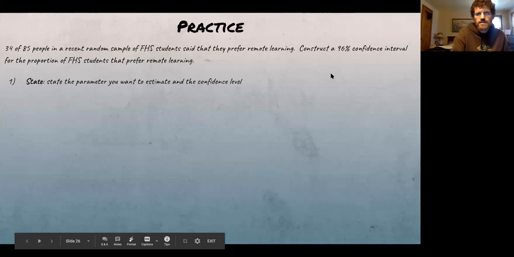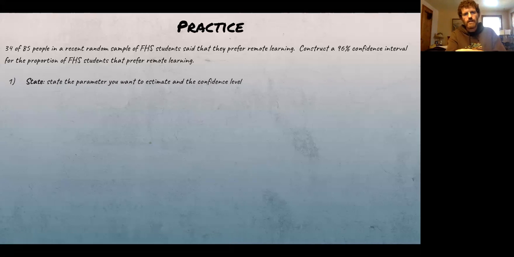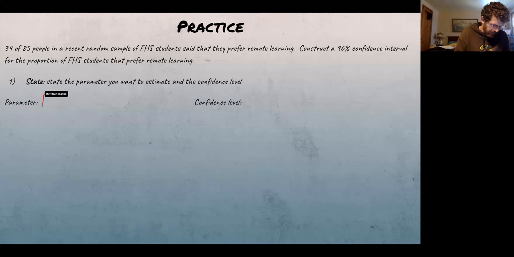All right, and here's kind of the process to answer this. If this was an FRQ and you wanted to give a very complete response, this is what we'd want to do. We'd first of all want to state the parameter that we're going to estimate. We want to estimate the true proportion of FHS students that prefer remote learning. And that's my parameter, true proportion